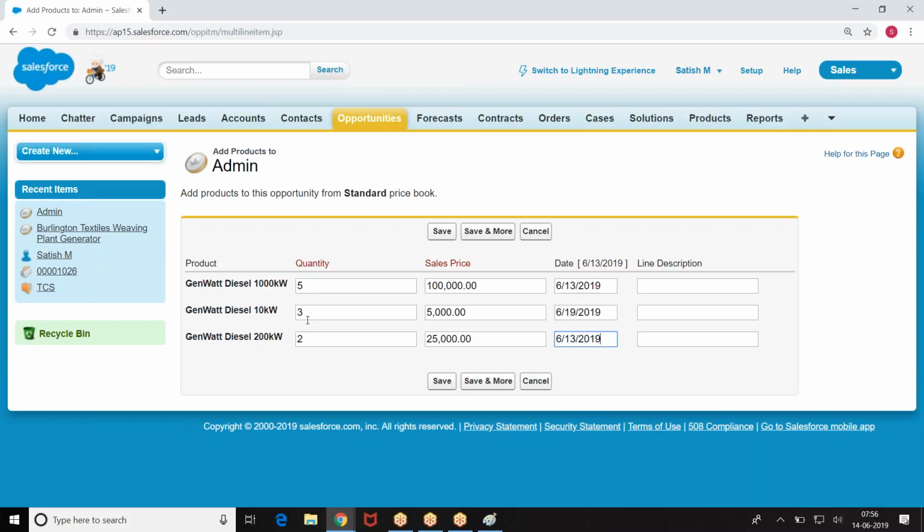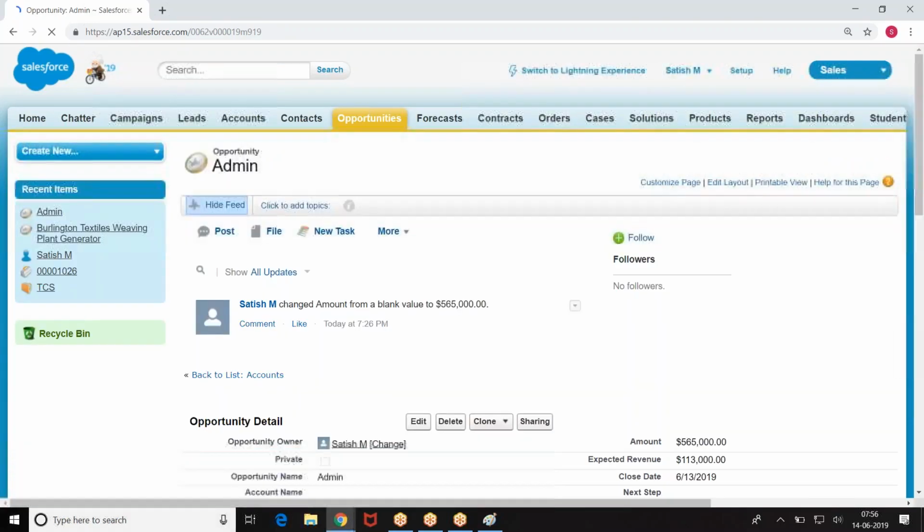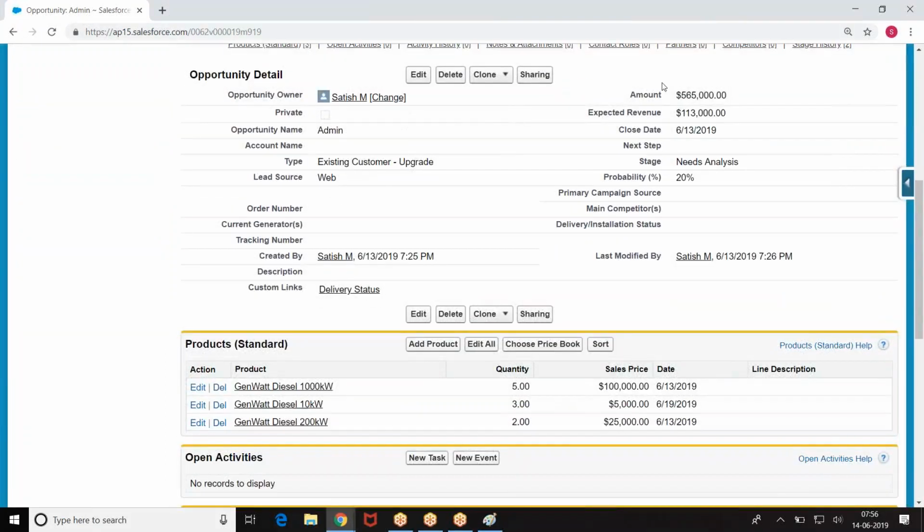Okay, I need 3 10 watts. I need 2 200 watts. Because I am showing interest to purchase this from you, you are getting an opportunity of 5,65,000 rupees. The 5,65,000 rupees opportunity is coming to you because I am interested to purchase the following products. Are you getting my point?